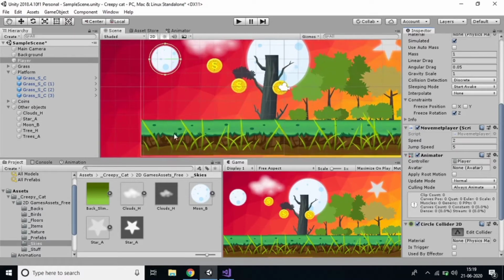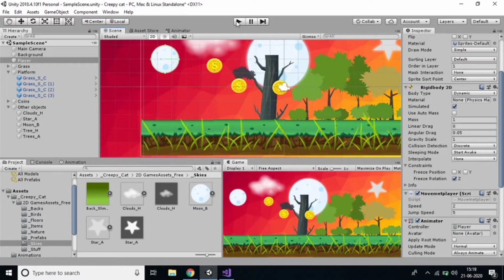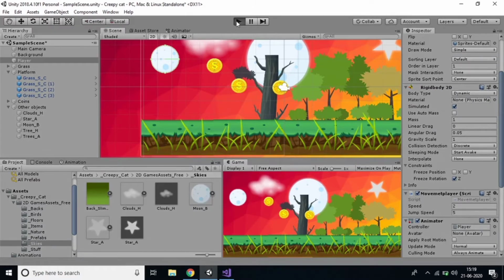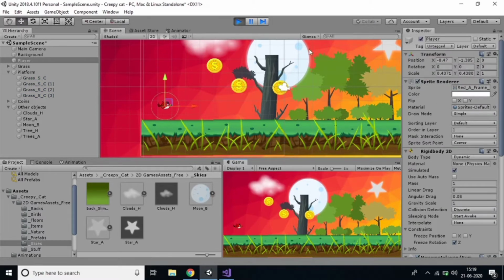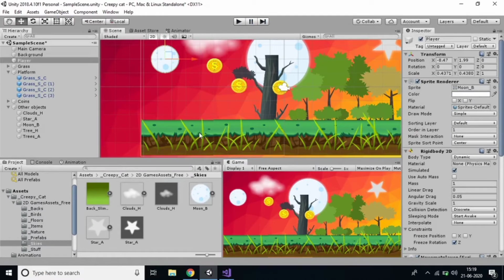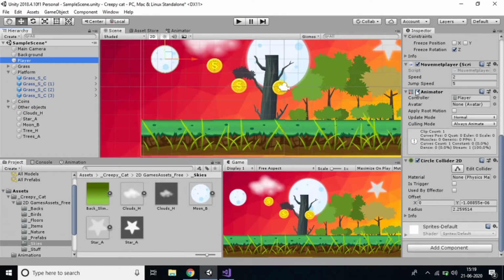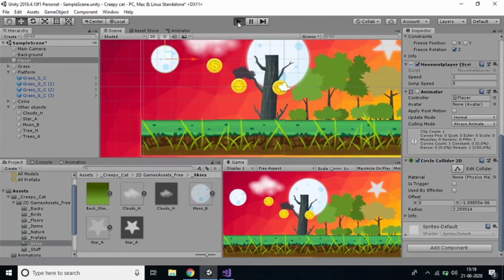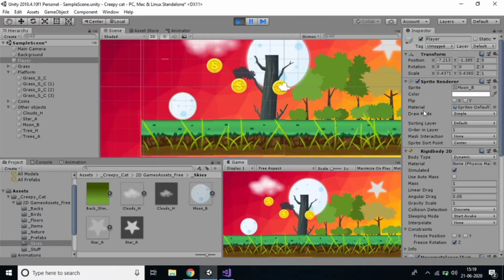Just click this one, and you can resize it. No need to remove all the components, and no need to add them again. Just press the play button. Now it will work. I think it's still having the player. You can see that instead of the player we have the moon, and it's working because we did the animation, right? Just uncheck it, and you can see that now. Of course, the moon is working. It's moving forward, it's moving backward. So this is the way to change the sprite in a sprite renderer.